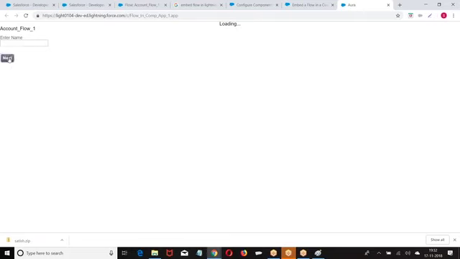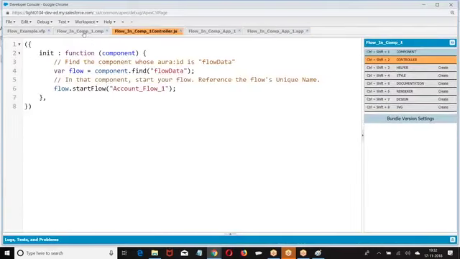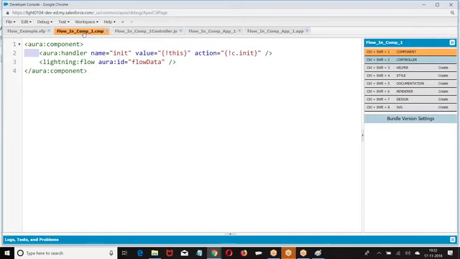Enter name, annual revenue, previous, next, right? Are you clear about this? That was included here. You design the CSS and get them structured. How to include them? Basically look at the code, a single line of code: lightning:flow with aura:id.